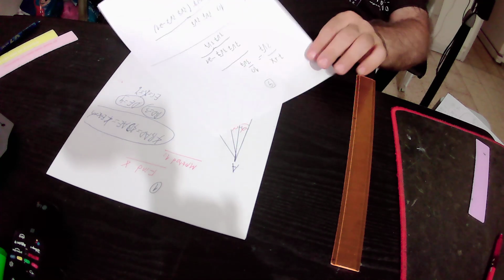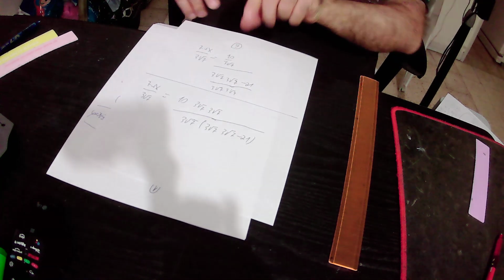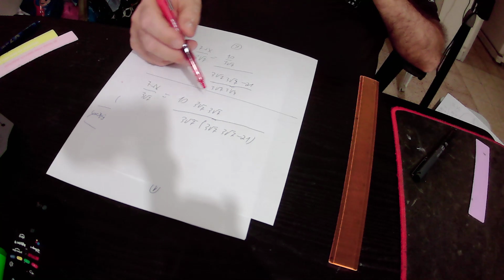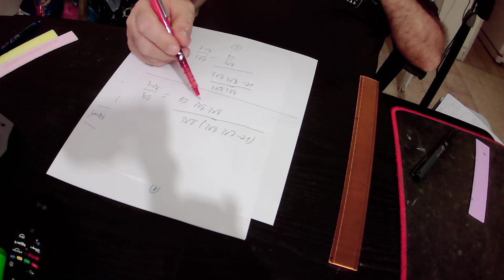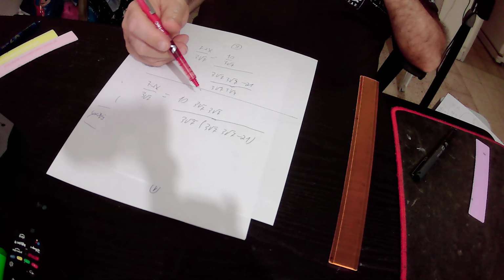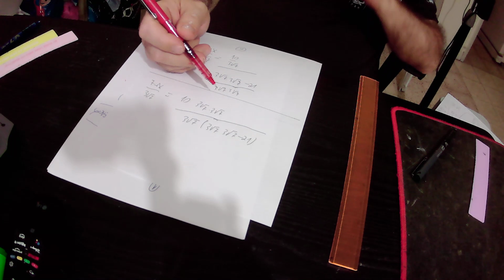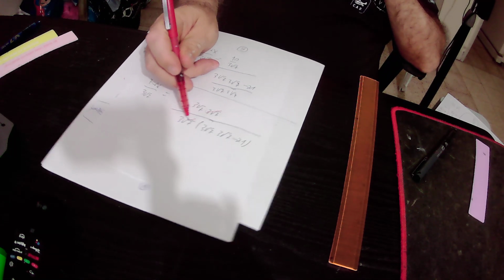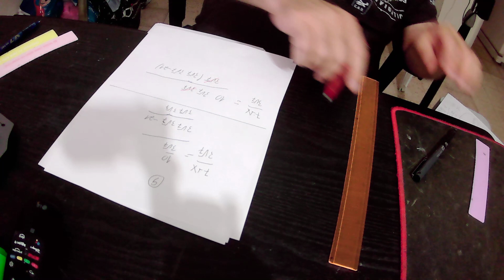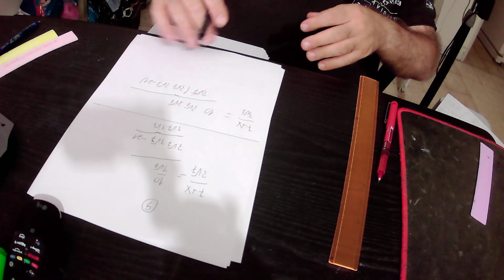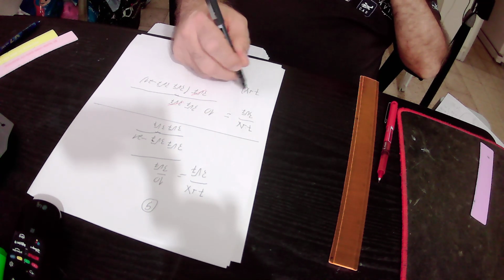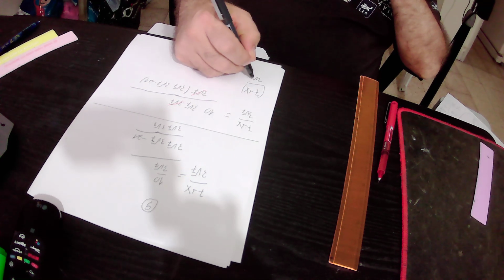Okay, so we got this equality. Here we have 3 times root 7 in the numerator, and we have 3 times root 7 in the denominator, so we will cancel 3 times root 7, and what is left after we cancel 3 times root 7 is 7 plus 3 over 3 times root 7